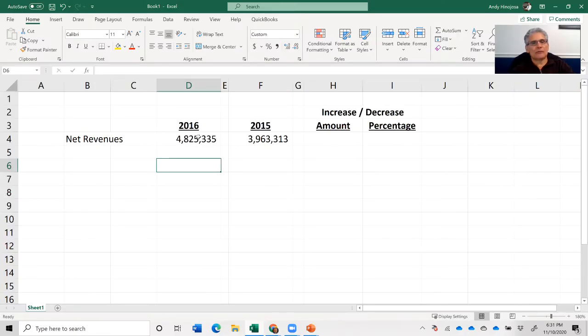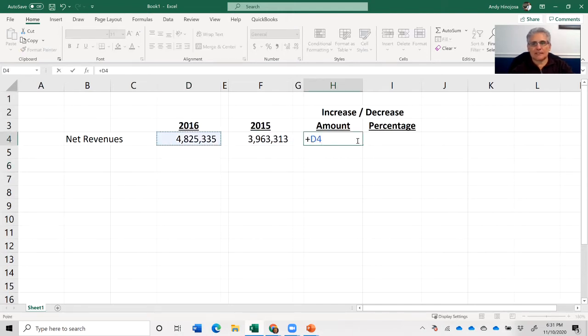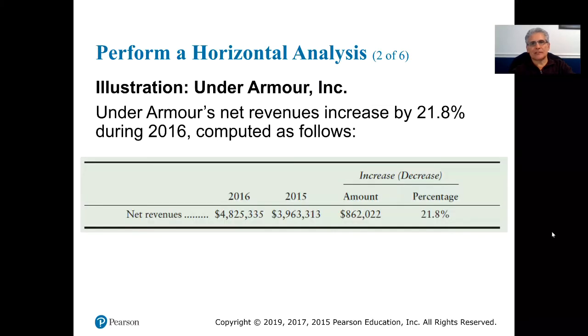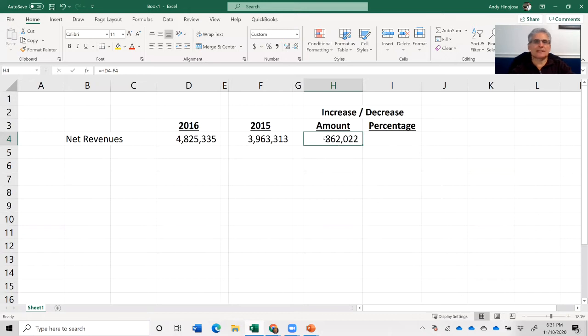So we have the revenues for 2016 and 2015. We're simply going to take 16 and subtract 15. And as the slide suggests, the difference is $862,022. This is likely in revenues, so this is in thousands as well. So this would be 862,022,000. And so we came up with the difference by taking the most recent year and subtracting the base year. The base year is always the earliest year,